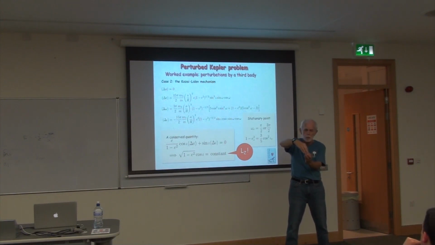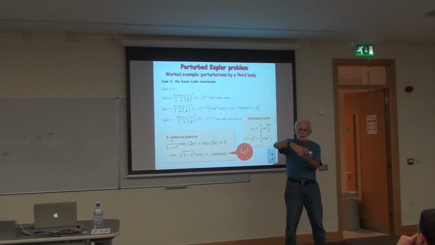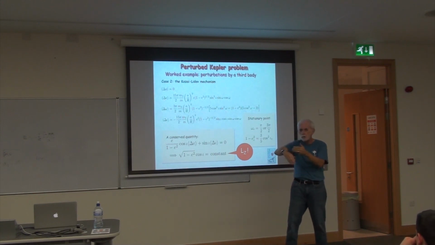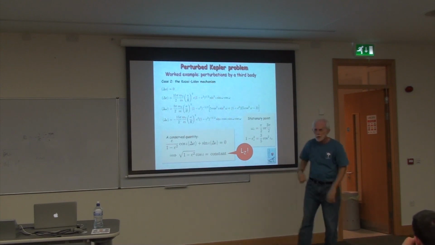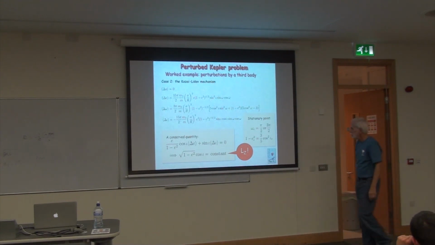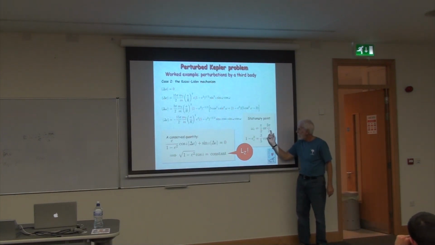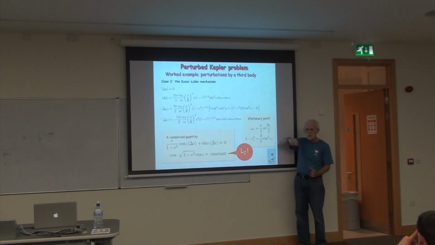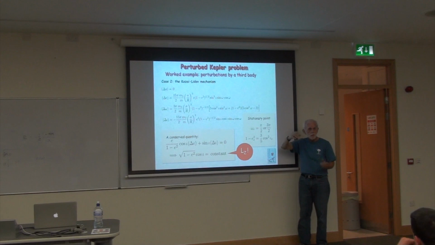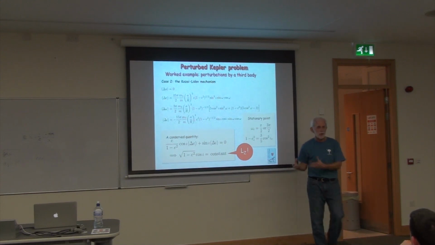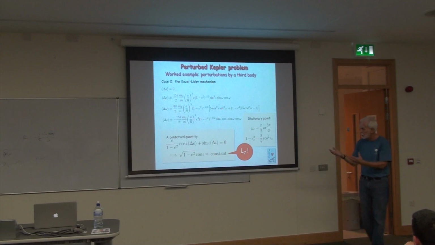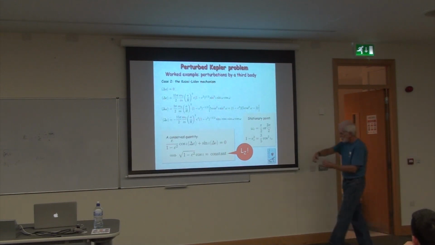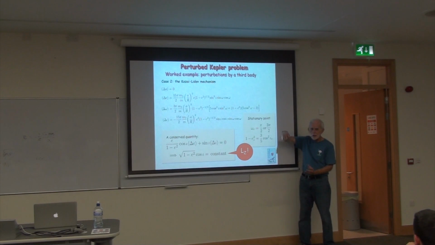It's the trivial inversion. It turns out that's a critical point, and when you put in other perturbations, it's a point where you then get a stationary solution, and orbits will tend to converge or collect at that point. And it turns out that there are asteroids in the solar system whose orbits have these orbital characteristics. They're highly inclined, but their pericenters are always either pi by 2 or 3 pi by 2, relative to, in this case, Jupiter, because that's the biggest third body in the solar system to perturb them. So if you compare with Jupiter's orbit, there's a collection of asteroids whose orbits collect around this